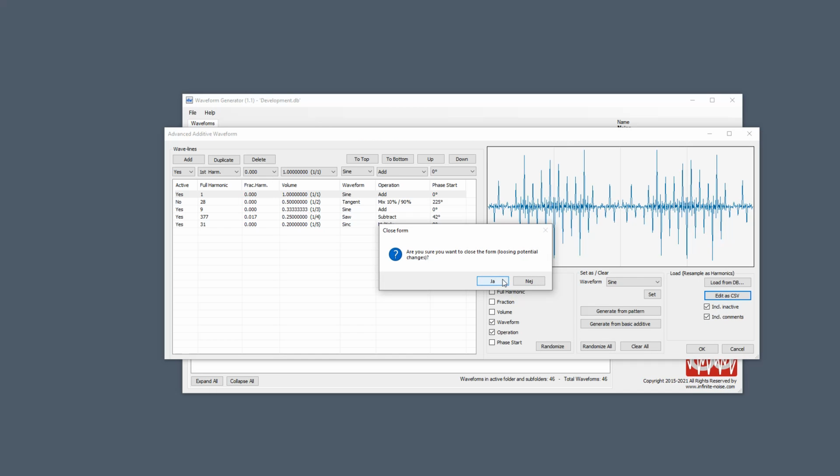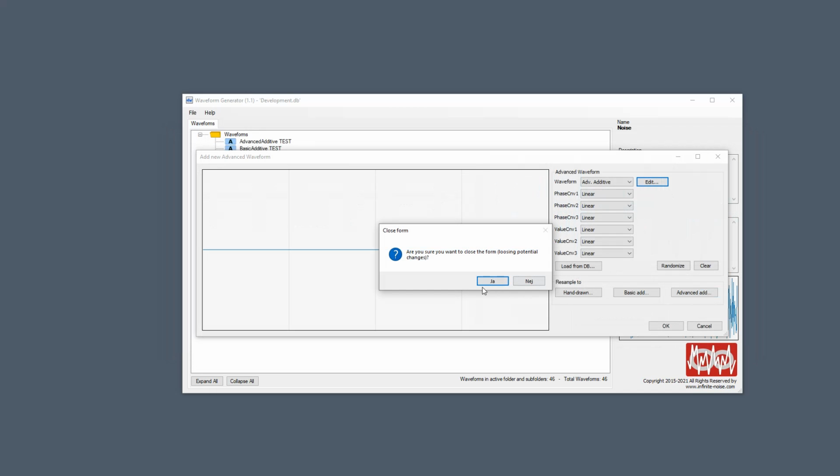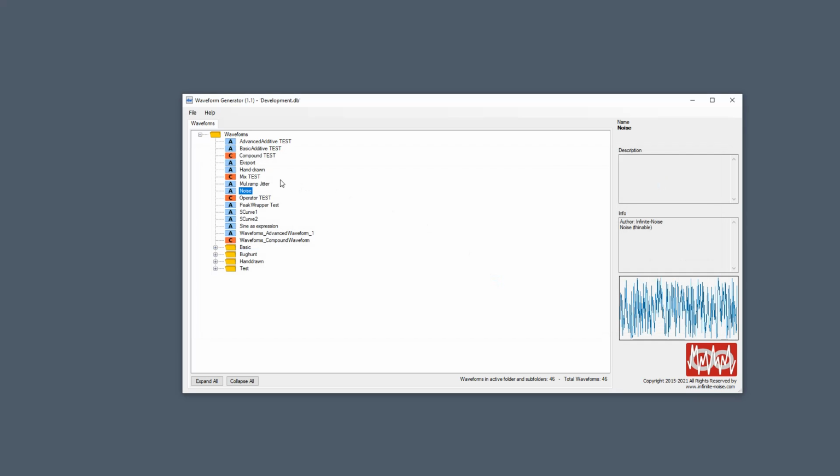Also in this version I made a small change. This program has been so long on the way because I've been doing other projects. So it's become second nature to me that every time I press escape, it closes the form and goes back. But for you who are new to this software, you might want to be asked if you want to go back,